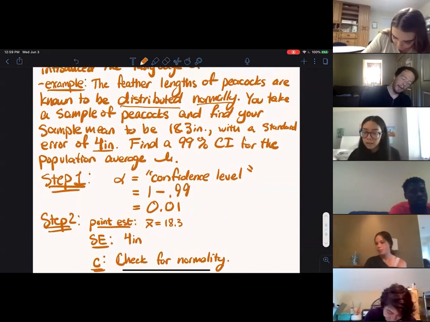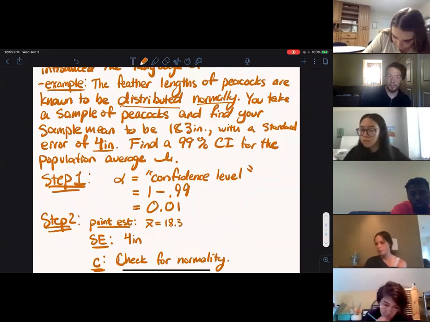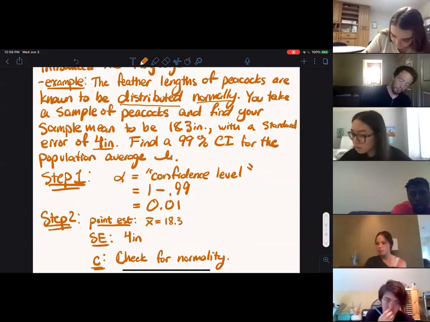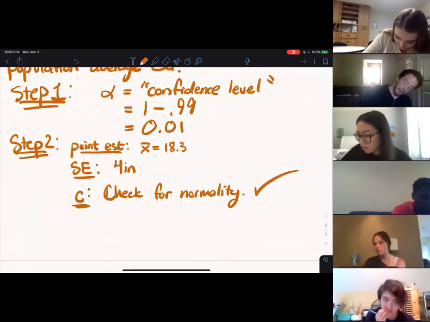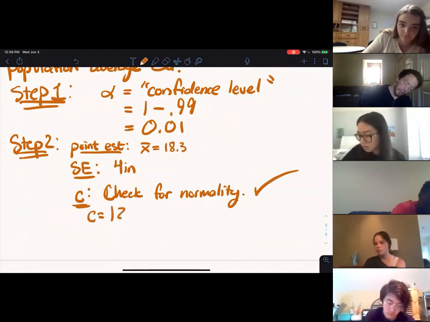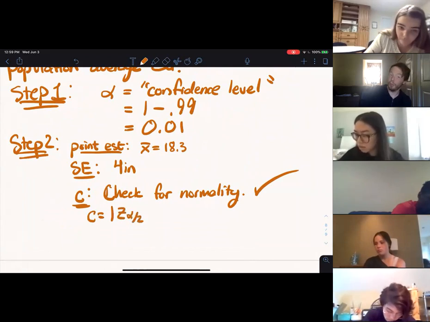But note, if I hadn't said that they are distributed normally, you would have to check your conditions for the central limit theorem to be able to use this. So we check for our normality, and because of that, we use that C is equal to the absolute value of the alpha over 2th quantile of the standard normal distribution,